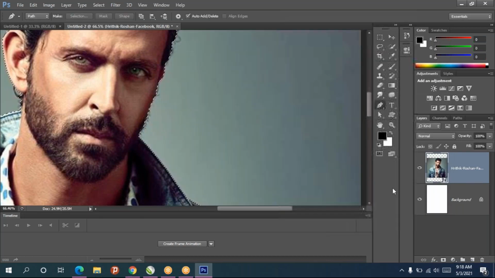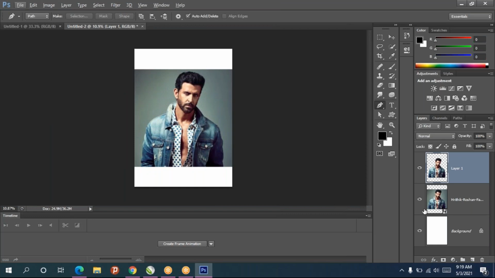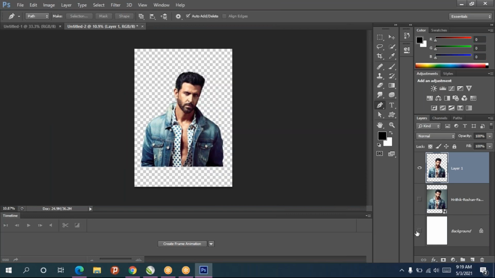Then give OK, press Ctrl J, duplicate, then hide both the layers, then save this as PNG.